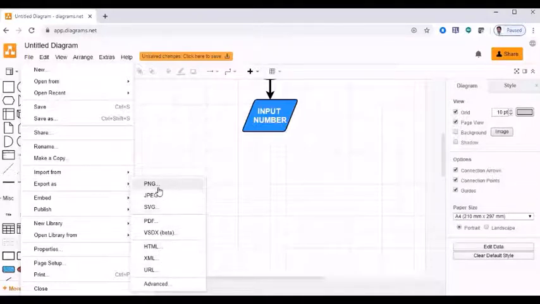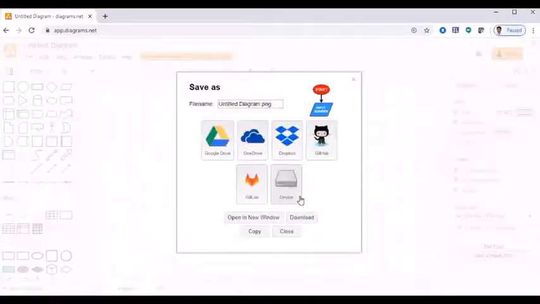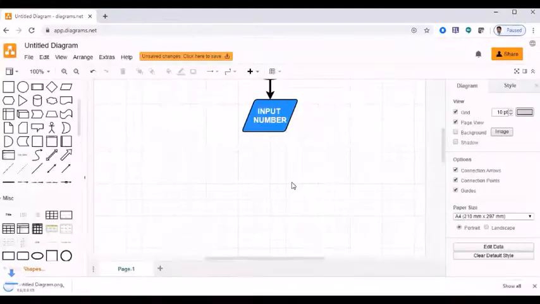Let me save this file as a PNG file, and it will ask you for the image properties, where you want to save. So let me choose my device.